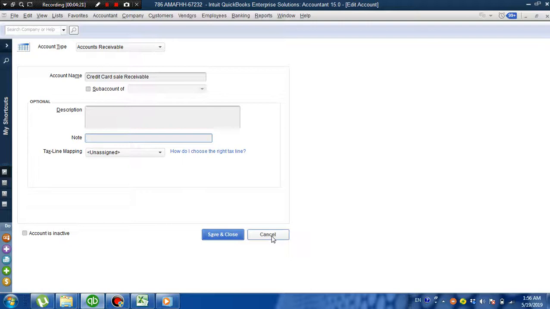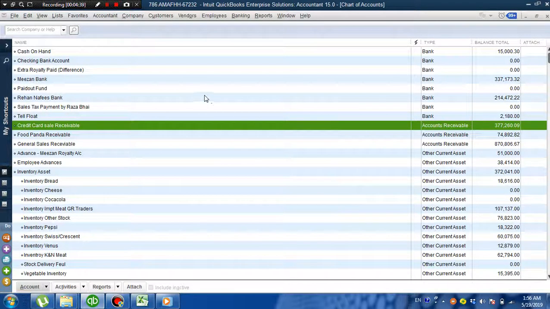When we make an income account, we link the accounts receivable accounts also, in order to lead that particular income of the credit sale to the accounts receivable account.